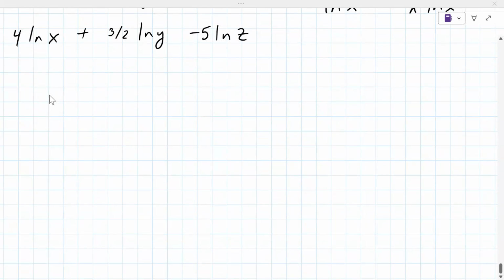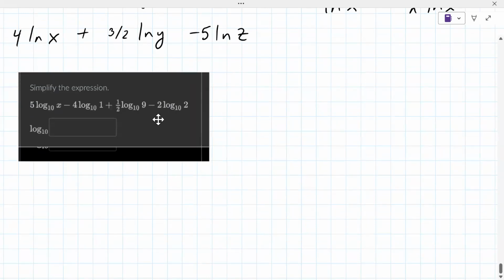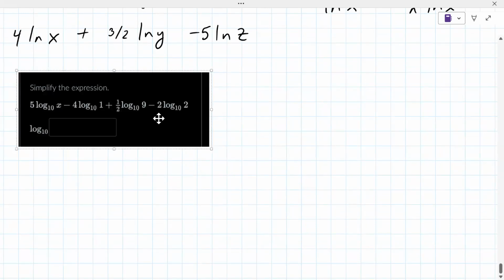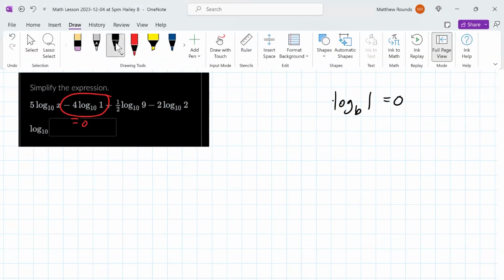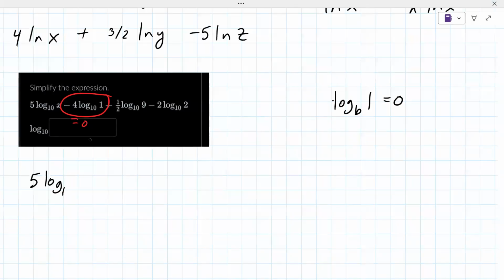It'll be a little tight here actually to finish. But so we do the same thing here. We just do it in reverse order. However, log base b of 1 is always 0. So this one right here ends up being 0 because log base 10 of 1 is 0. 4 times 0 is 0. So just a teacher being difficult here with you, but 1/2 log base 10 of 9 minus 2 log base 10